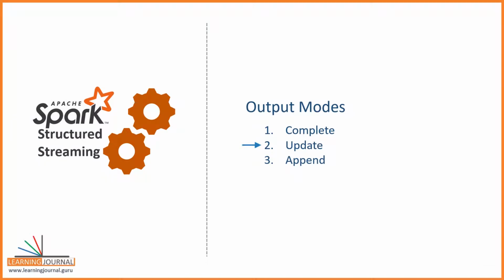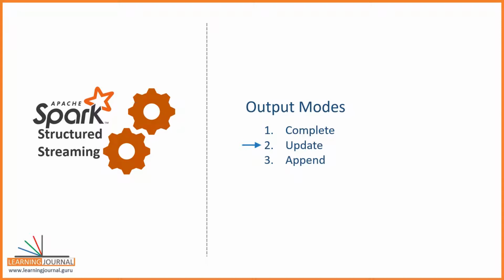The next one is the update mode. We already learned that the update mode is like an upsert operation. This mode will produce new aggregates. And it will also emit those aggregated results which are updated or changed. If you have applied a watermark, this mode will let Spark clean up the state store using the watermark boundary. The point is straight. Update mode is the most useful and efficient mode for streaming queries with streaming aggregates.